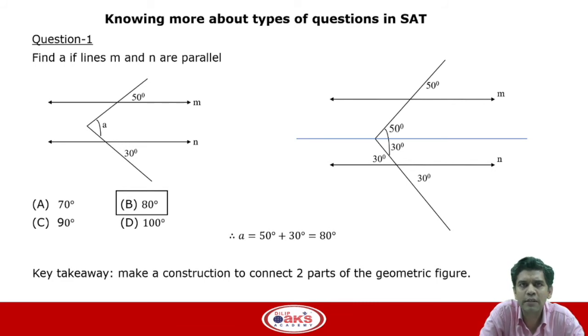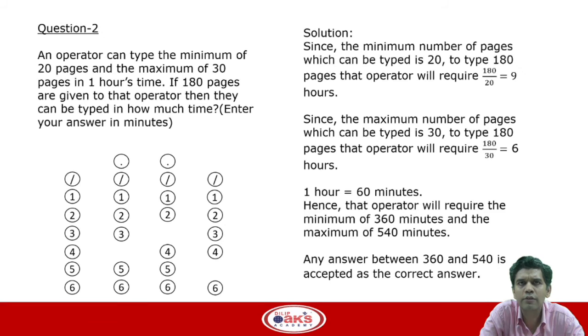So this is the first type of question, where a question is followed by 4 options, of which only one is correct. Now let us look at the next type of question, where there is a question which is not followed by any options, but there are some grids that you are going to fill in. So let us read the question and then fill in the grid.